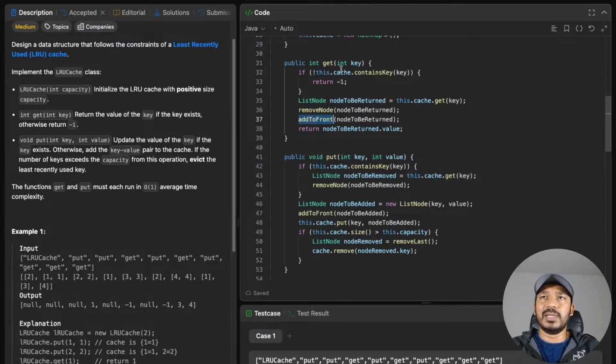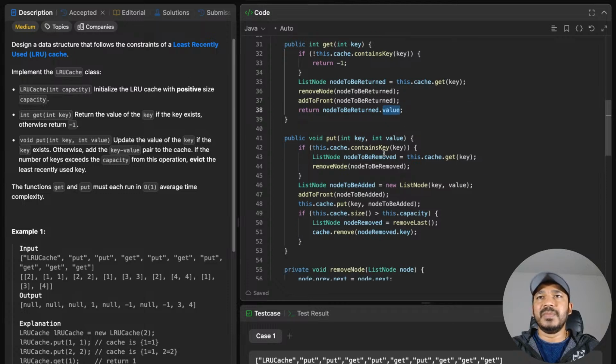And so let's focus on the get method. So I'm removing it from wherever it existed, and then adding it to the front of the list, and then I'm returning the value for that particular key. So the node to be returned, that value would return the value for that key. Okay, now let's dive deep into these remove node and add to front methods. Remove node method. So now I have the reference for that node which was stored in the cache,